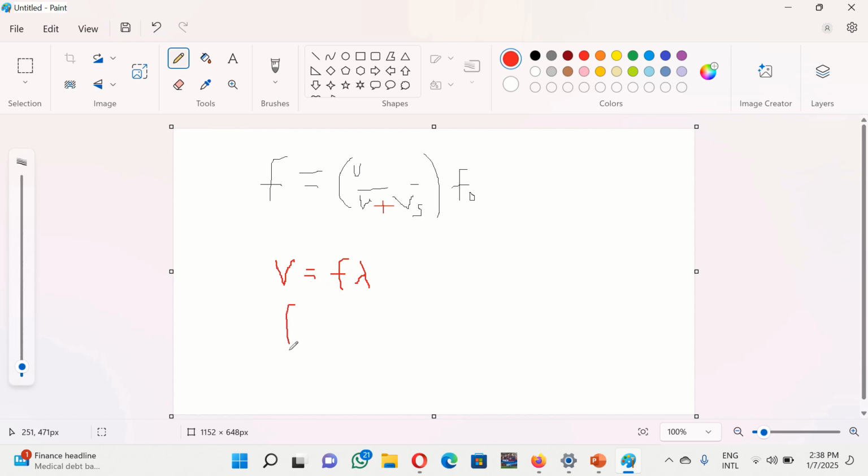So f will be equal to, and most books use c to represent the velocity, it's the same thing. So we'd have f is equal to v divided by lambda. Okay, so you can just put this equation here,